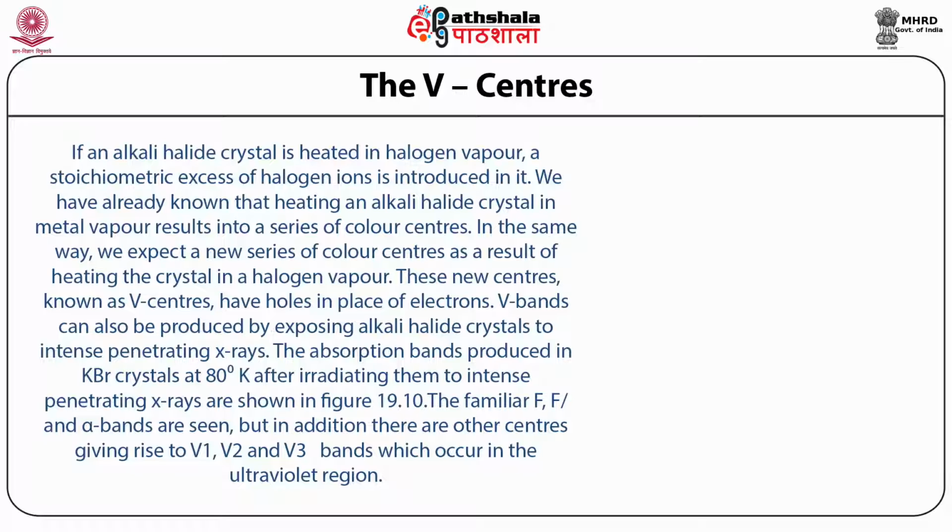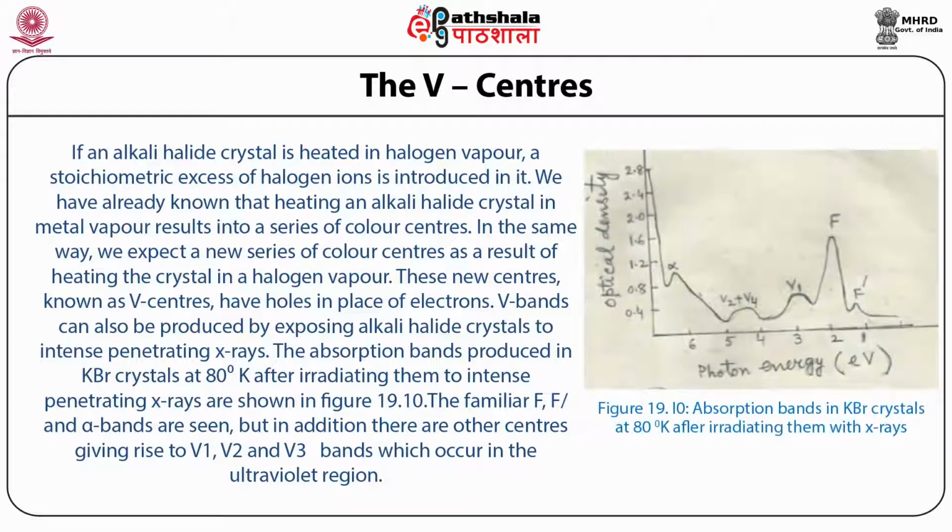In the same way, we expect a new series of color centers as a result of heating the crystal in a halogen vapor. These new centers, known as V centers, have holes in place of electrons. V bands can also be produced by exposing alkali halide crystals to intense penetrating X-rays. The absorption bands produced in KBr crystals at 80 degree K after irradiating them with intense penetrating X-rays are shown